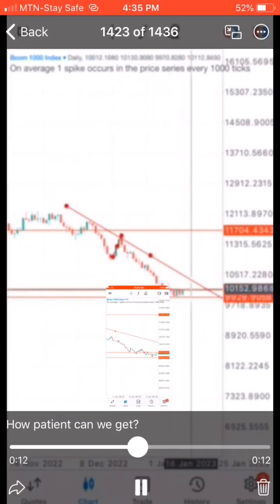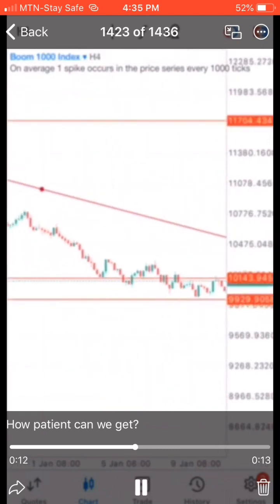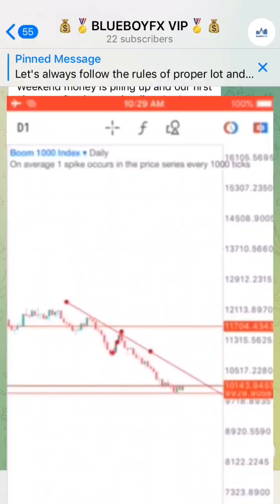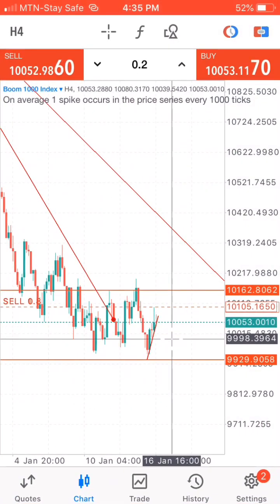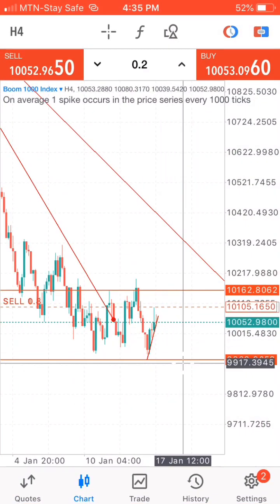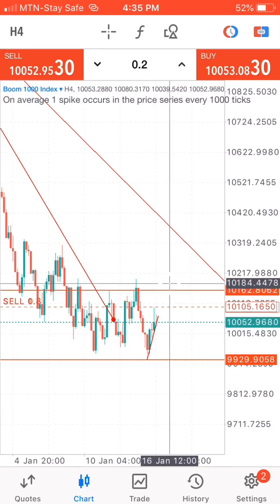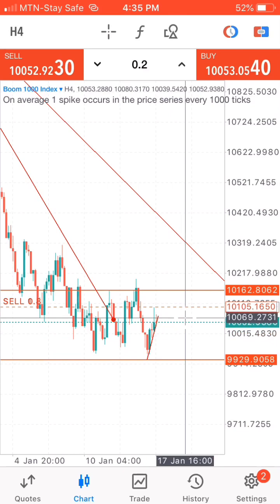So I'm just trying to replay it to the 4-hour. Okay, here's the 4-hour time frame. You've seen that it's still doing the same thing as it has been doing that I've shown you here. It's just ranging and ranging. So it's going to keep ranging, going up here and coming down until it's decisive on what it wants to